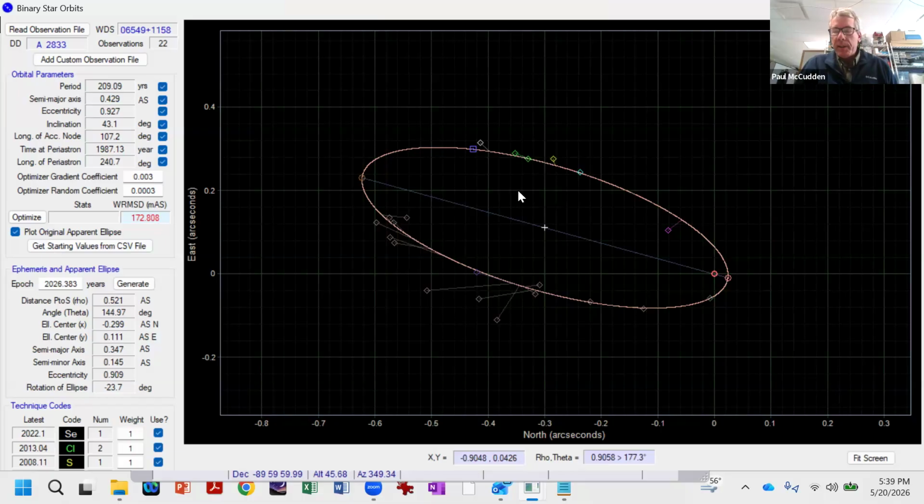Now, so that's great. And if I click optimize, so for example, if I remove, I don't know why I can't scroll down, but if I remove the micrometer observations, try